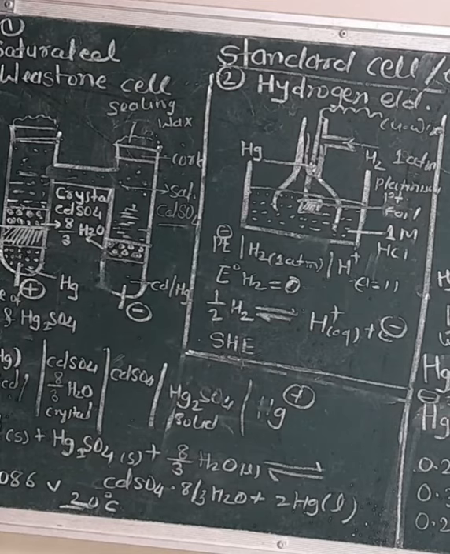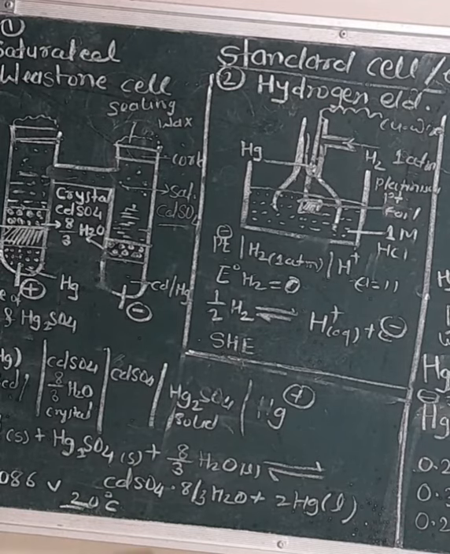So friends, here are some drawbacks of the standard hydrogen electrode. The first drawback is that the standard hydrogen electrode is not easily set up. Second, platinum is easily poisoned by adsorbed impurities from the solution, and this causes difficulty in its use. In routine work, it is difficult to maintain unit activity of hydrochloric acid or hydrogen ion. As hydrogen gas is rendered inactive by impurity, it is difficult to maintain a stream of pure hydrogen gas. And to maintain the pressure is also very difficult in this case.